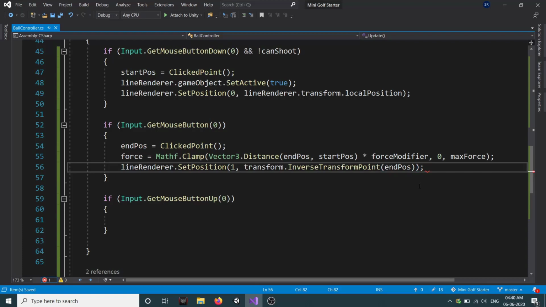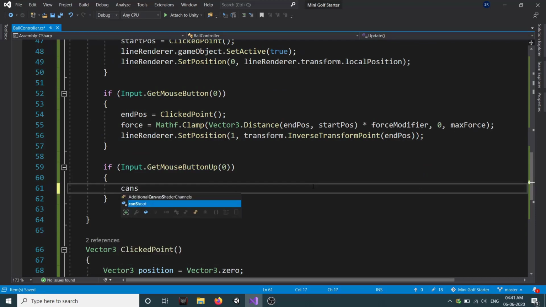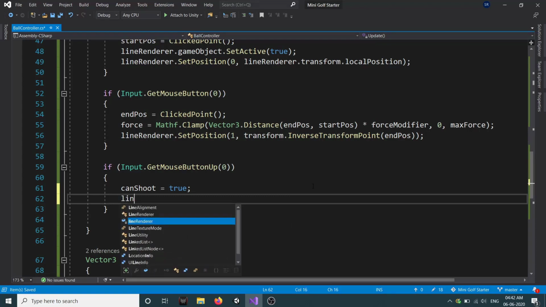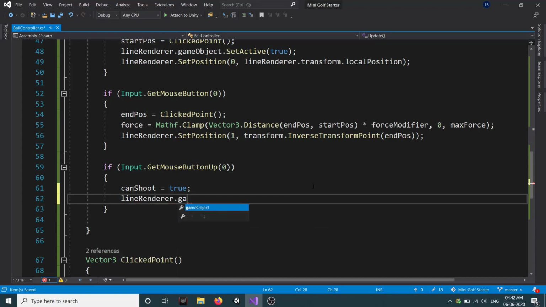We want to set its local position. If we won't do this, then we will get few errors while setting our line renderer. Now in condition input dot get mouse button up 0, we will set our can shoot equal to true, and we deactivate our line renderer. So our line renderer dot game object dot set active to false.